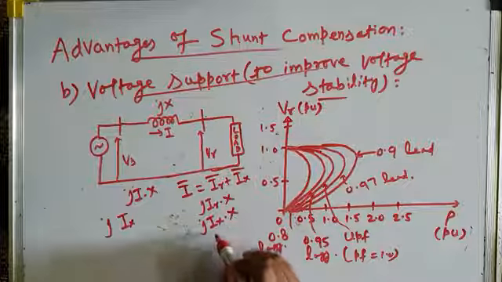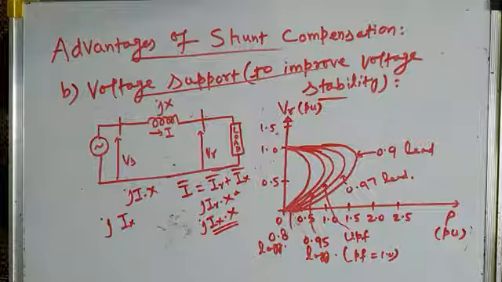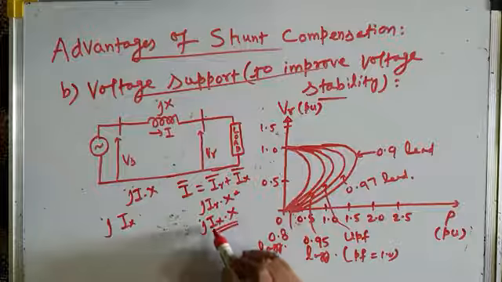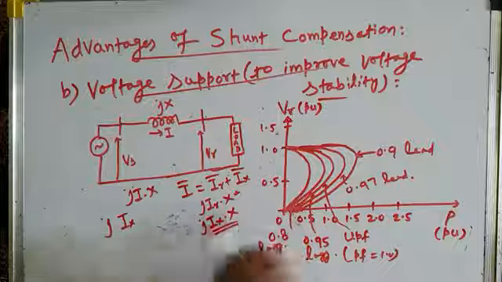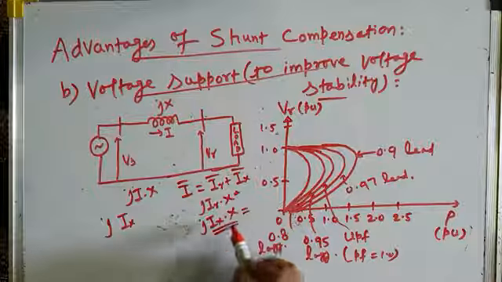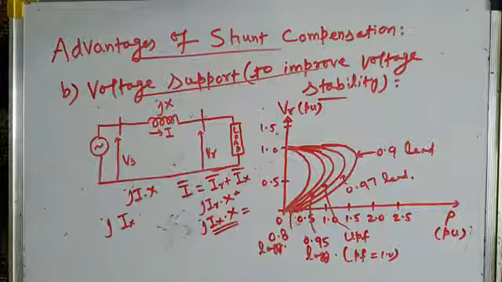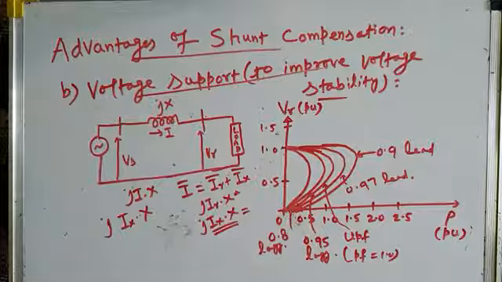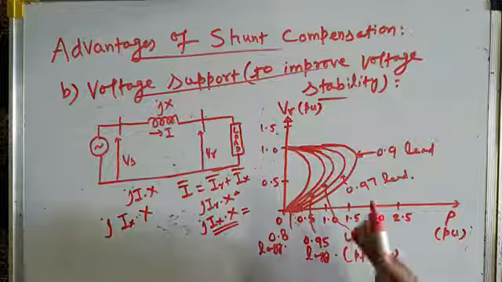Out of these two voltage drops, this drop is predominant. The other drop does not change the receiving end voltage much, because this voltage drop is at 90 degrees with respect to the sending end voltage, but this voltage directly subtracts from the sending end voltage. So your receiving end voltage becomes less than the sending end voltage, and the more this drop is, the lesser will be the receiving end voltage. Therefore the Ix into X voltage drop is responsible for the receiving end voltage being less than the sending end voltage, or poor voltage regulation. And you can very clearly see that for 0.8 lagging power factor, as the power increases,